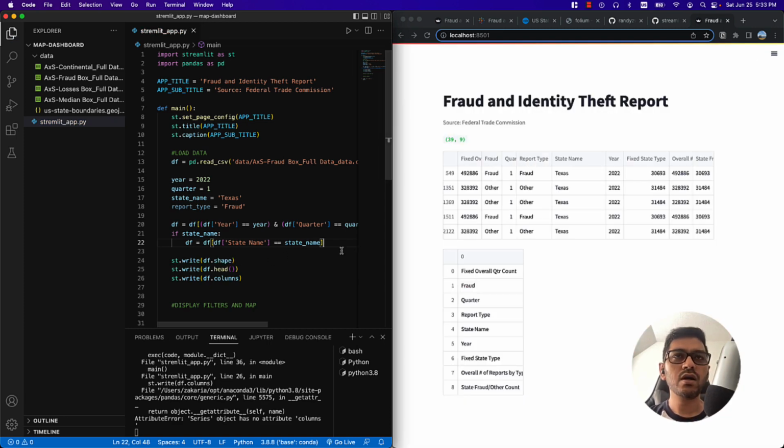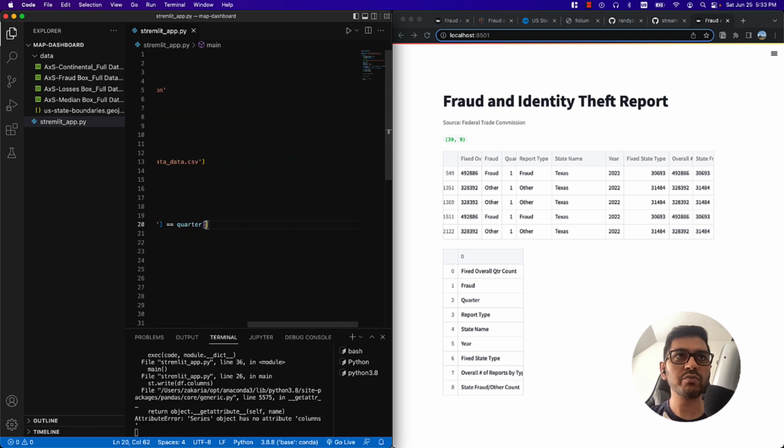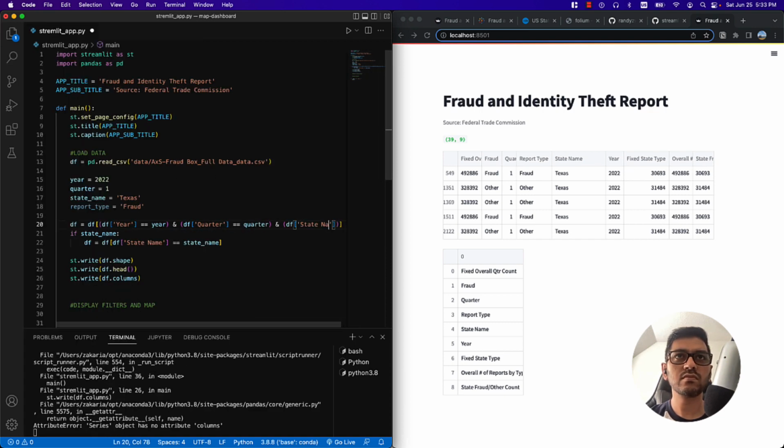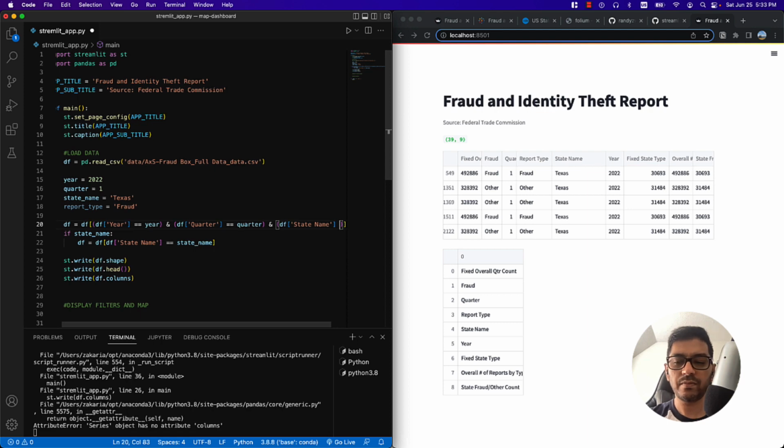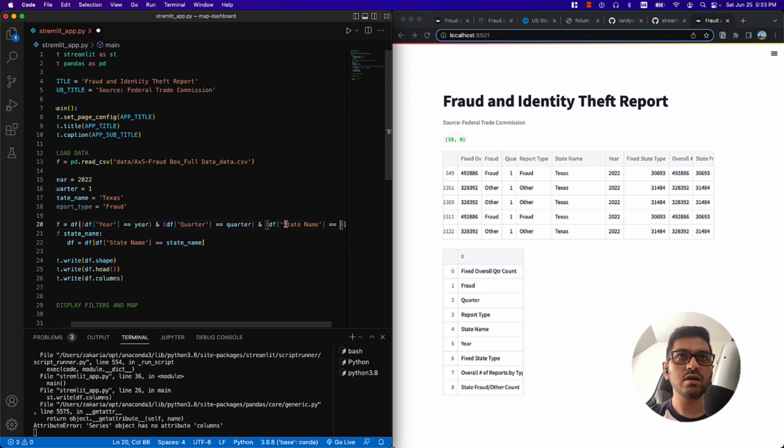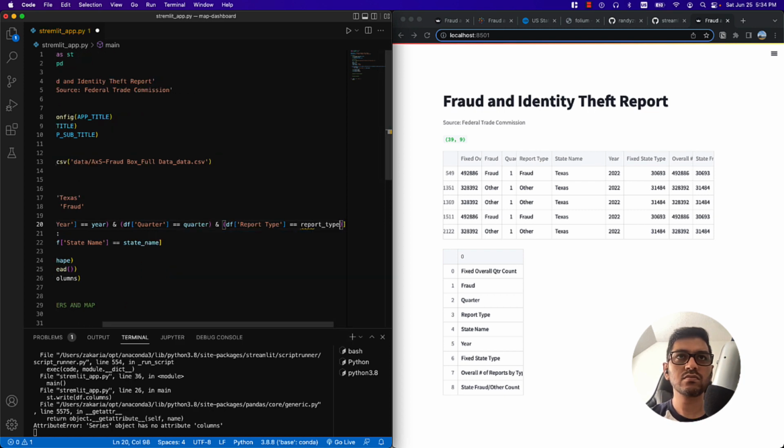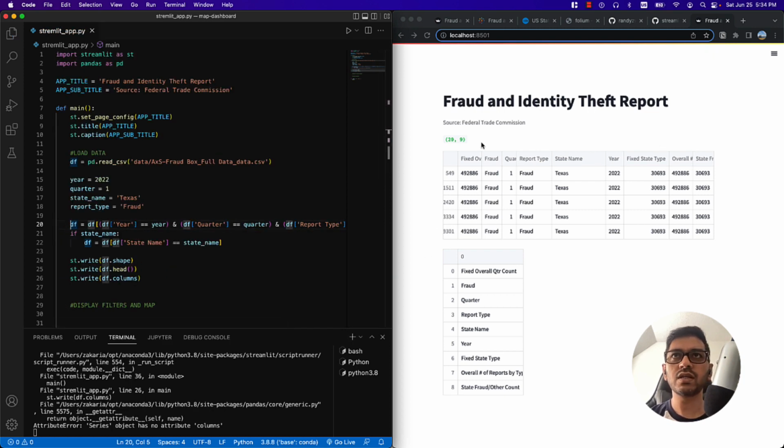There you go. But let's add the report. It is called state name. I'm sorry, the column name is report type. So if we filter, now we can see it is showing all the fraud related filters. But one thing notice, for one state it has multiple columns. I'm not sure exactly why,